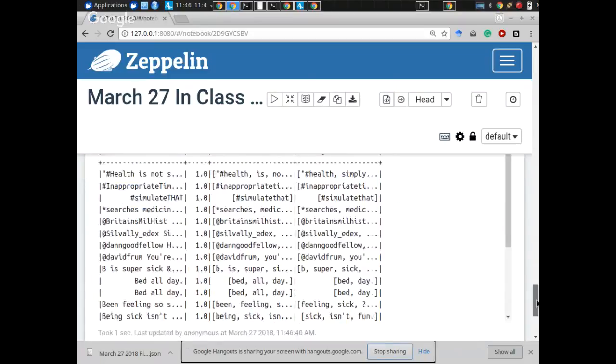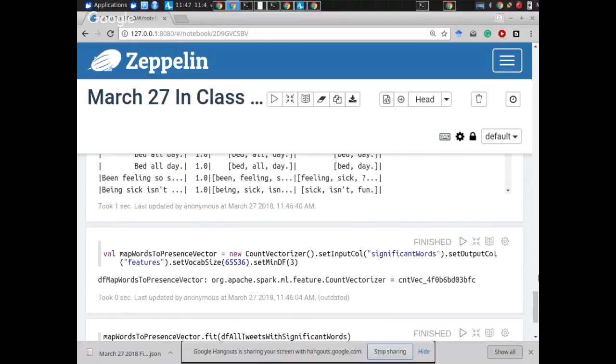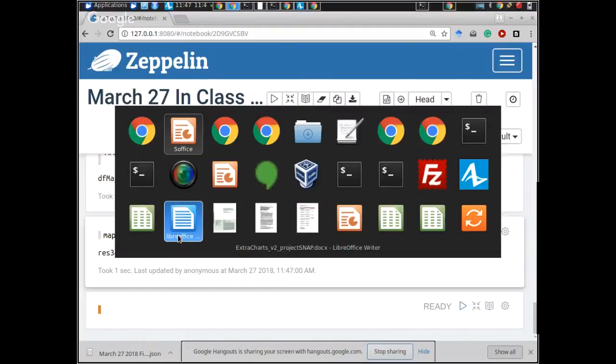It has all the significant words. And now we can fit this based on it. See that? Okay. So if we fit it, what do you think we'll get out? What do you think we'll get out? Well, if we fit something, we'll get out, it turns out, a model. And a model is an example of a